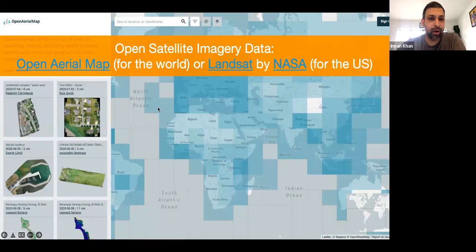There are a number of open data sets that are available through NASA via their Landsat platform. These are open data sets that touch on the idea of open data for geospatial analytics. There's a ton of aerial mapping data. There's a ton of satellite information data that is available through this open data library. So this is a really good one if you are looking to add some location features to your data projects.